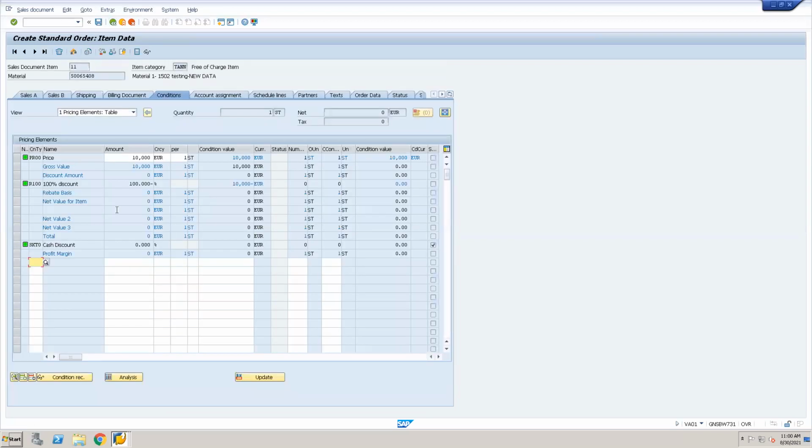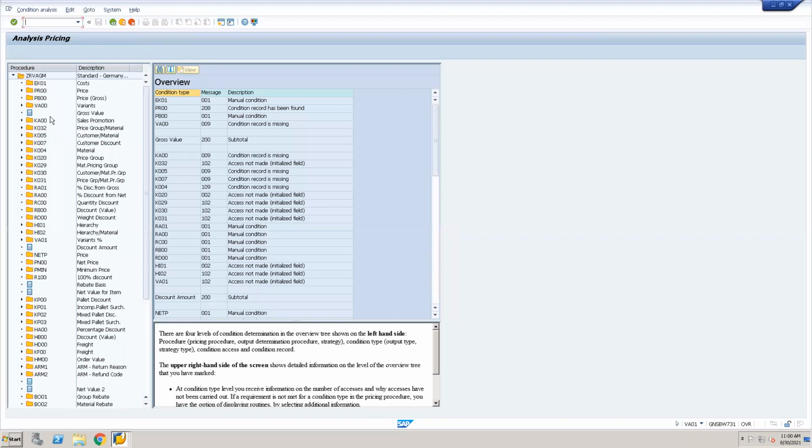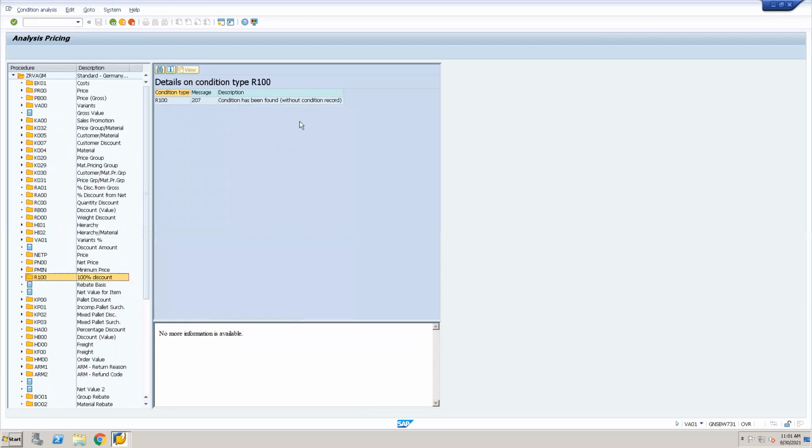It's R100. Sorry, R100. Okay, because of this condition, R100. Under the PMIN, it's R100. Where is R100? Here, Satish. This is the R100. Yes, R100 is the 100% discount.